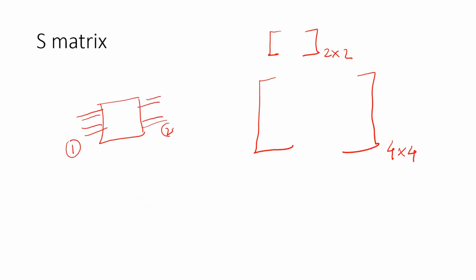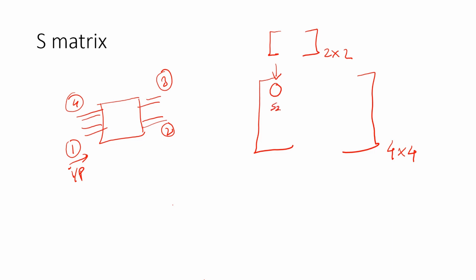This is port 1, this is port 2, this is port 3, and this is port 4. This is our input port. We have fixed it. After fixing this only, we can name the other ports. Otherwise we can't do it. So if 1 is your input port, then let's derive column 1. First will be your S11, and S11 is your return loss. If we denote it with R, then it is R, return loss. And ideally we want our return loss to be 0, because we want all the power to be consumed by our circuit only. So our return loss should be 0. Then what we have?